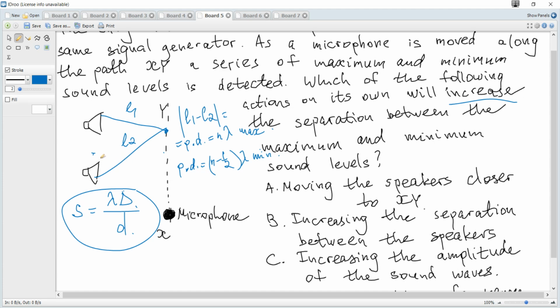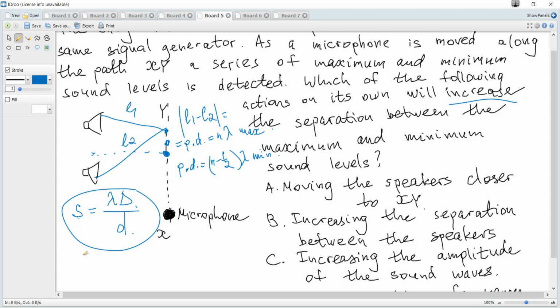And what do we need actually? We need the distance between a maximum and a minimum, and we can consider, for example, the central maximum and the first minimum. For the first minimum, the path difference is just lambda over 2, but the path difference is the difference of these two lengths, and it's quite difficult to analyze these two distances. But we can assume that the distance to the screen is much greater than the distance between two sources, and we need